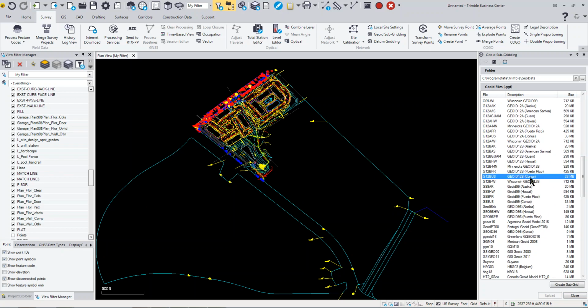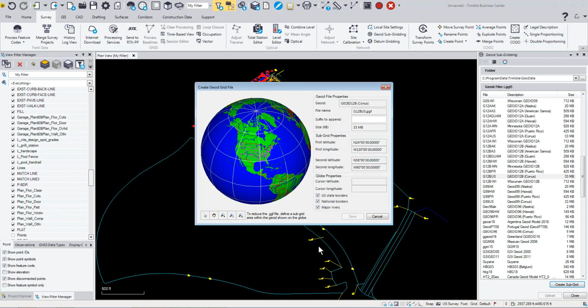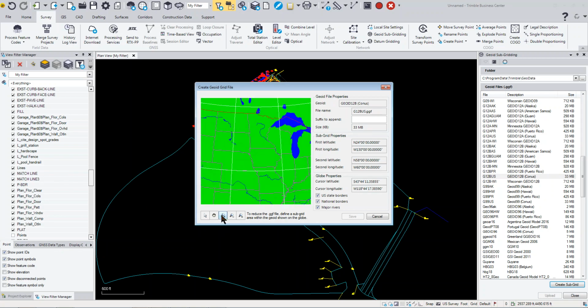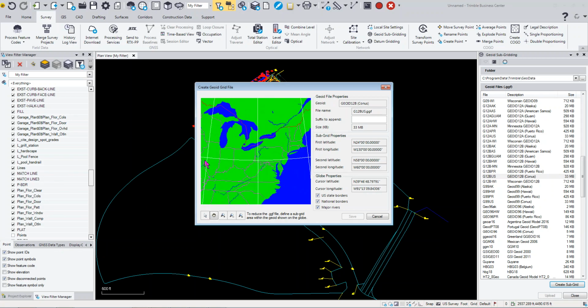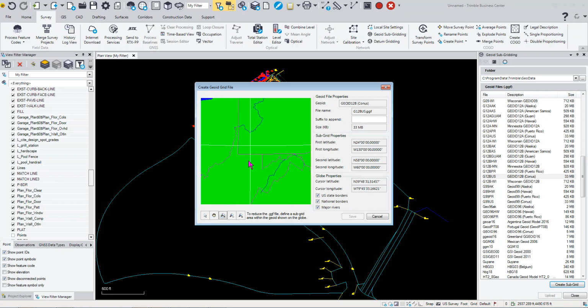That's the entire US. So you'll see here when I click on create subgrade, it's going to give me a globe. So what I can do now is I can zoom in to the globe and I can pan over to what I want to use. So if I happen to be working, let's say in Virginia, then I can come over here and work in this area of Virginia. I can even zoom in and make it tighter or smaller,